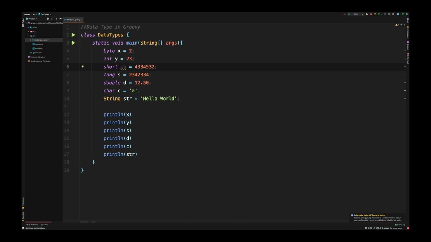Now IntelliJ is smart enough. It's telling us that we are basically trying to assign a bigger value than it can have. So let me just hover over, and it says assignment is not used, possible loss of precision from integer to short. So if I change this to long, the error will go away because long can have this much data, but short cannot have that much data.